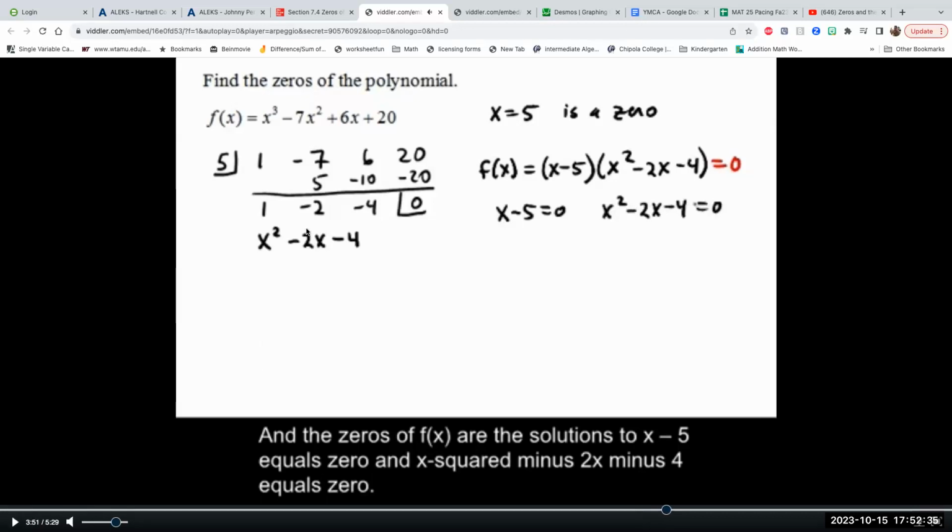So again, what's nice about this is not only does it tell you that x equals 5 is a zero, but here, whatever you're left with is also a zero. So here I get two zeros. I'm going to get two functions equal to 0. I'm probably going to have to use a quadratic formula here, but at least now it's much easier to see